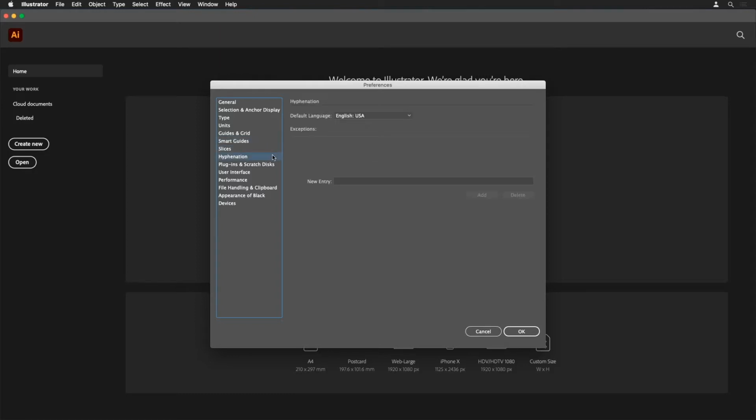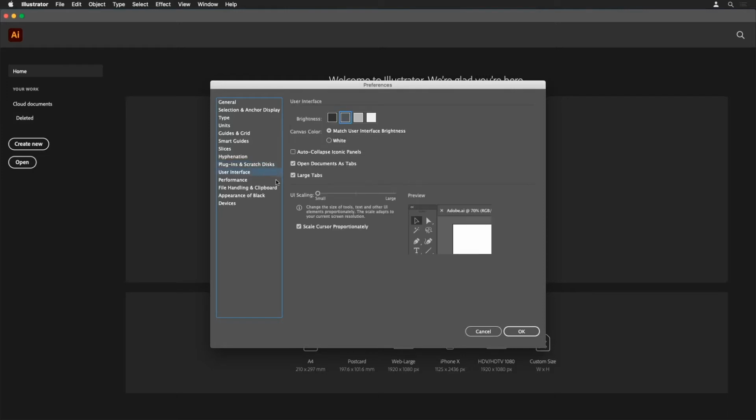slices was for the web. And scratch disks, you can just pick whatever disk has the fastest speed. So typically SSD, or if it's just a regular hard disk, then maybe a hard disk with some space left. So user interface, one thing we talked about was